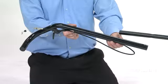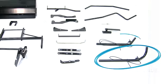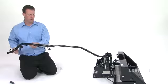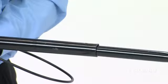Your next step will be to attach the lift handle tube extension, part 20, to the lift handle tube. Note that the lift handle tube extension and the dump handle tube extension are very similar, so make sure you have the right one. Begin by sliding the lift handle tube extension onto the lift handle tube so that the